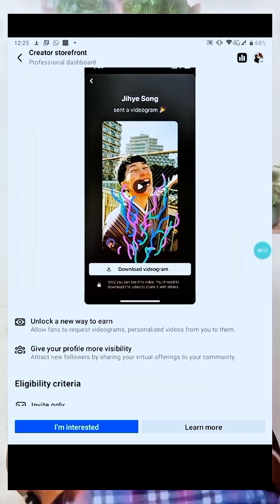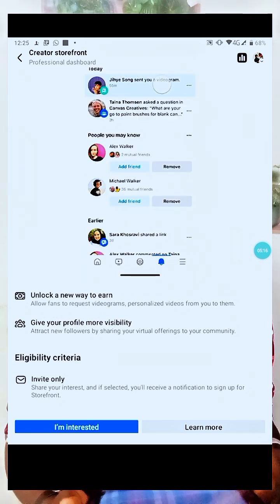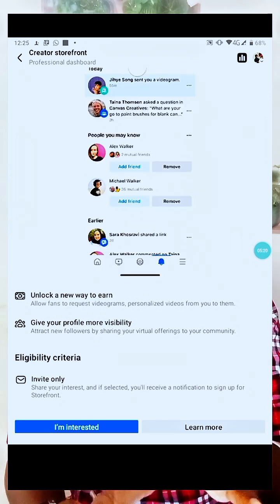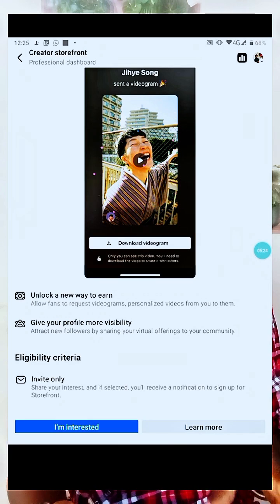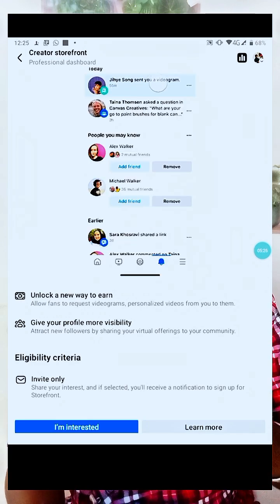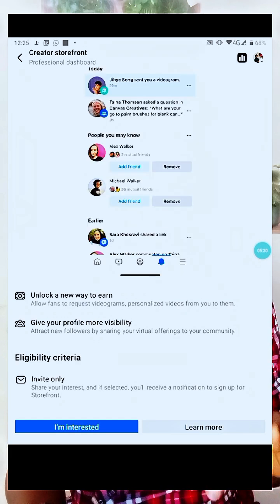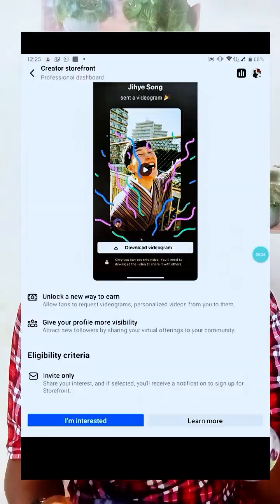If you come here, you're going to see unlock a new way to earn: allow fans to request videograms, personalized videos from you to them. So you can create videos that you want to share with people personally. Once you're eligible for this, you can start sharing your personal videos with people, and in return, they're going to pay.